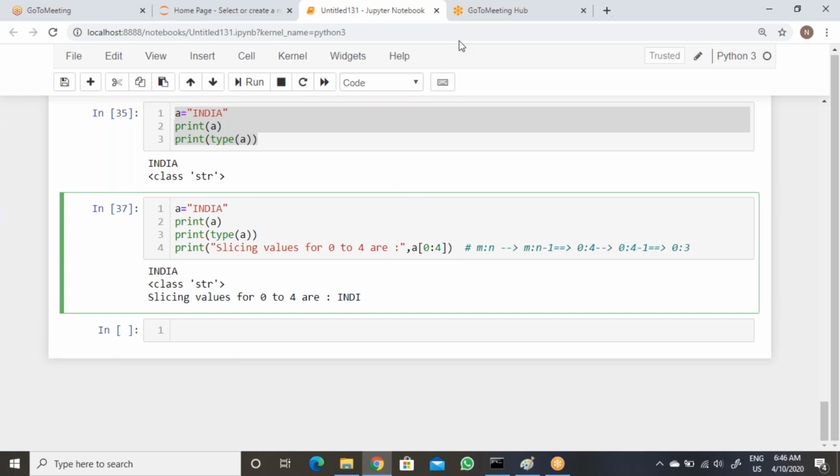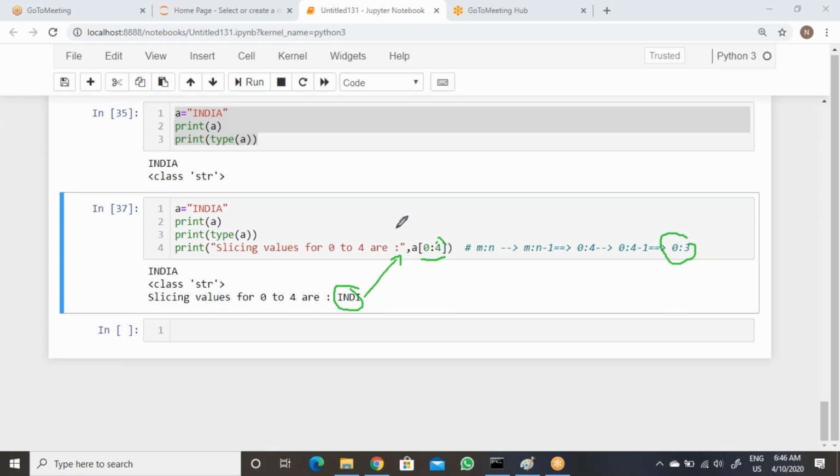So the values specified are 0 to 3, but the outside representation will be 0 to 4. So minus 1 will always be there in the slicing method.